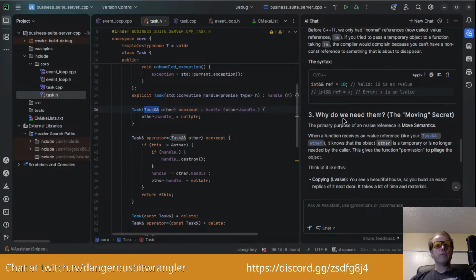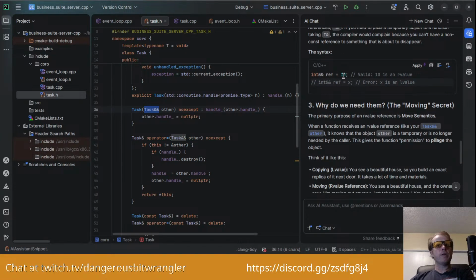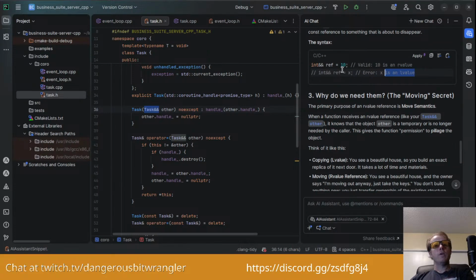So they give an example, int double ampersand ref equals 10. That is valid. 10 is an R value. int double ampersand ref equals x, error because x is an L value. Interesting. So you can't assign an L value to a, okay.